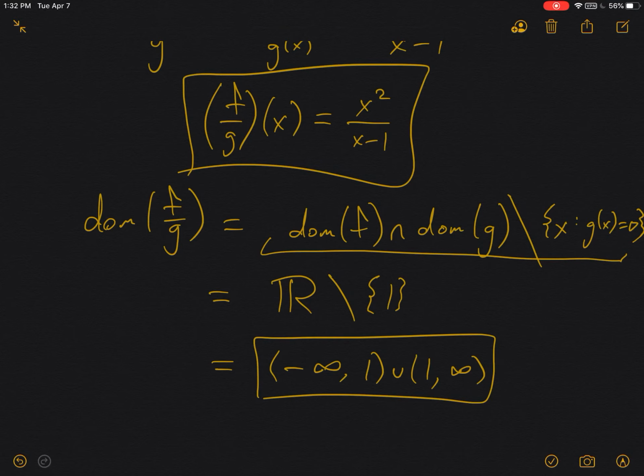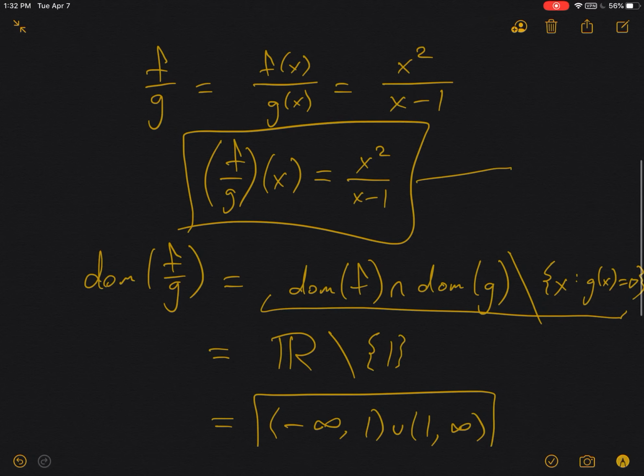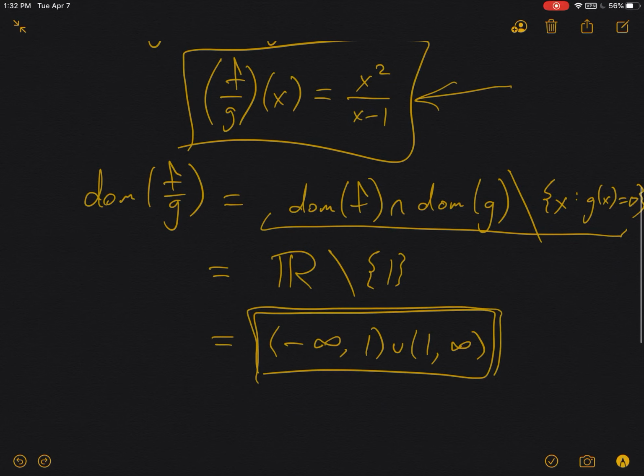So you can use some of these complicated formulas to compute the domain of f over g. You can also instead just compute f over g as a function and then decide what the domain of this expression should be. Notice that the numerator is defined everywhere, the denominator is defined everywhere, but we need to avoid dividing by 0, and therefore the domain would be everything except for the value 1, which is what we have down here. So those are the basic ideas that we'll encounter in operations on functions, and in compositions of functions we'll meet the last